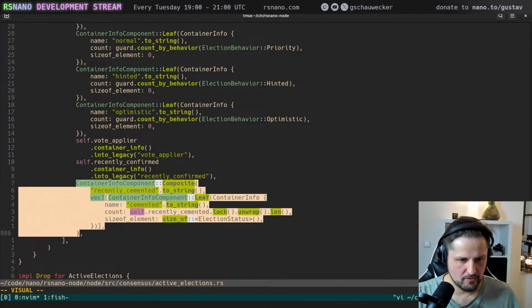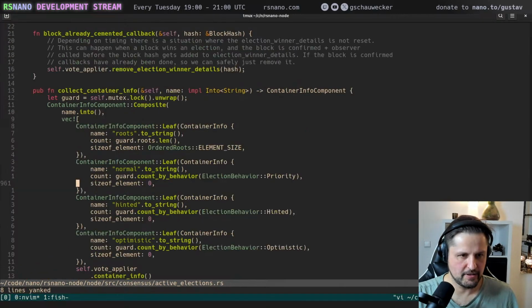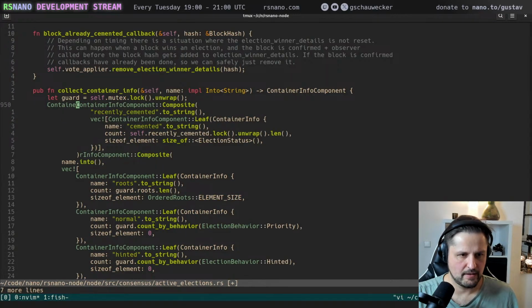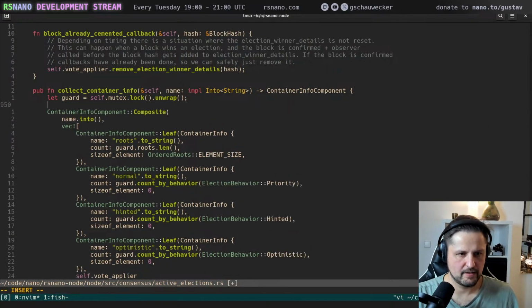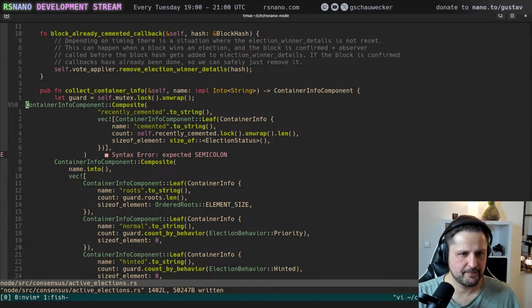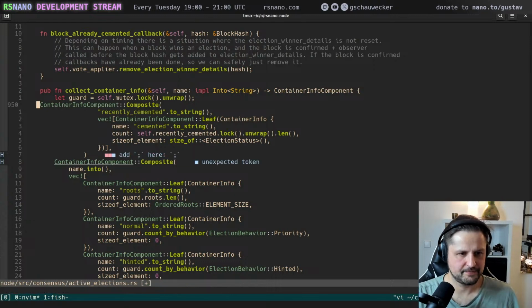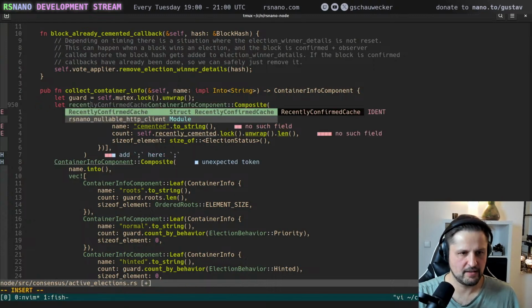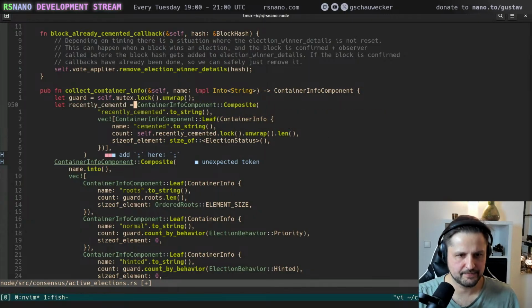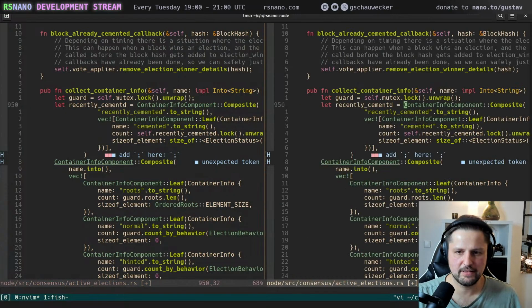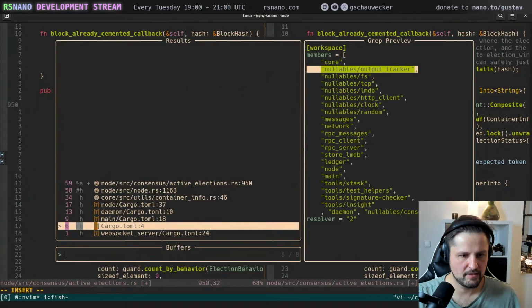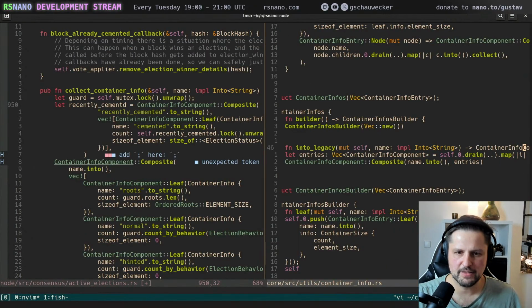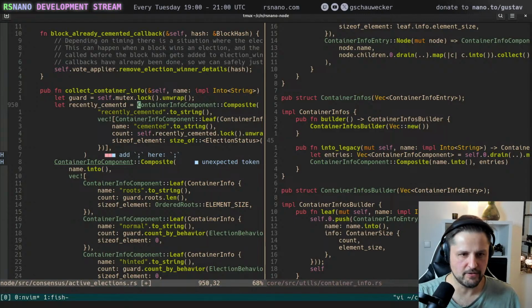How to handle this? Let's just copy this and put it here, and call this recently cemented. This is now not a container info component, which is the old one. It has to be the new format, which is called container infos.